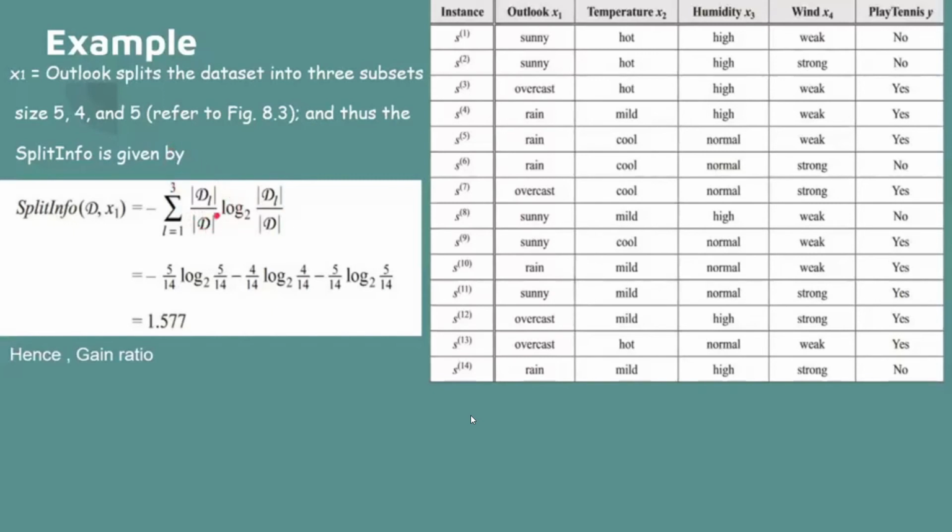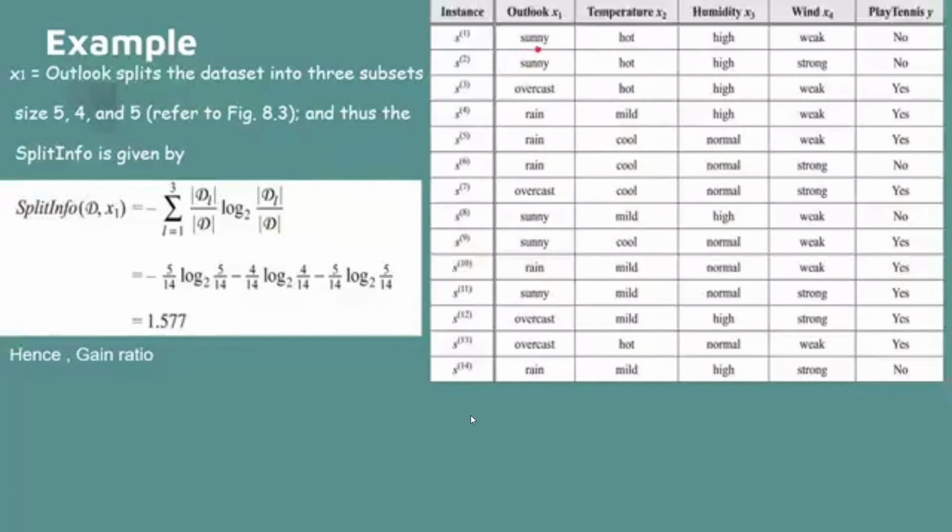So what is DL? Suppose we are looking for the attribute outlook. As per this table, outlook has three outcomes: sunny, overcast, and rain. So capital D subscript L represents the number of a particular outcome of an attribute in the data set.